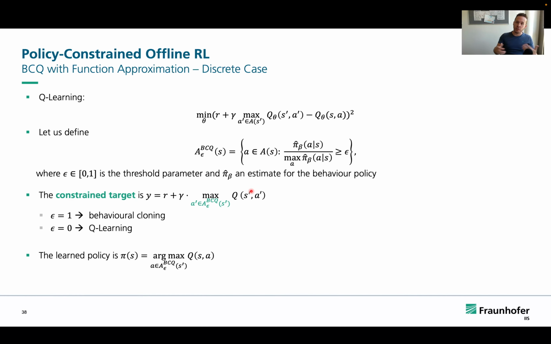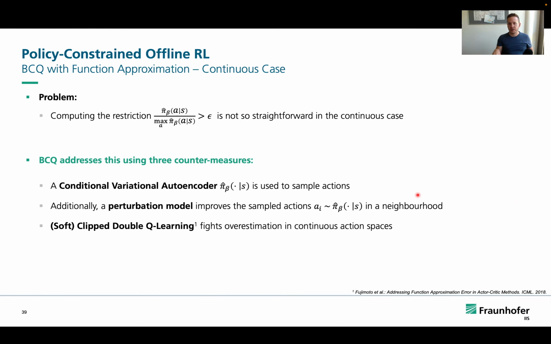You can really enumerate all the state transitions, you can estimate these values, and then you can run BCQ on that and really see how this works. You can also come up with this environment where you actually have all that things in, and you can apply BCQ. However, it is not so easy in the continuous case, because computing this restriction is not that straightforward, because you actually have an infinitely large amount of states in here,